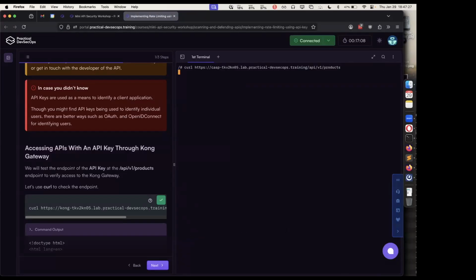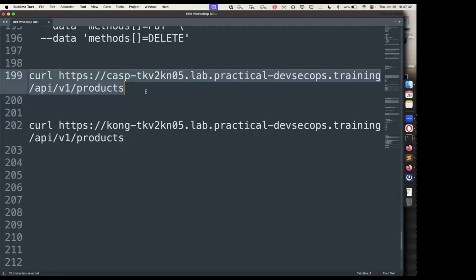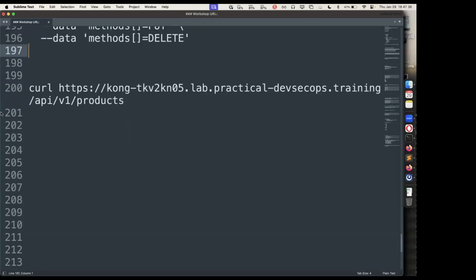Okay, let me try that again. Okay, you get the same problem, 404 not found. Okay, let's ignore that for now. So this is the direct route. In the real world, you will disable the direct route